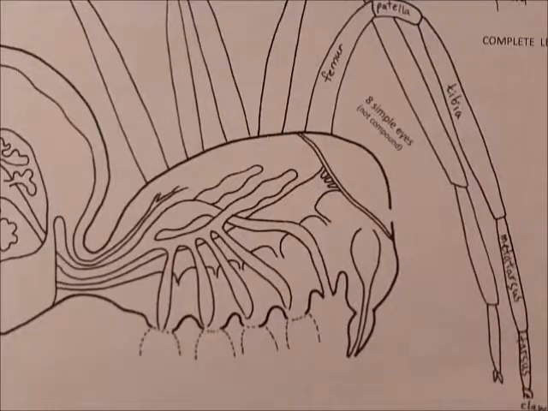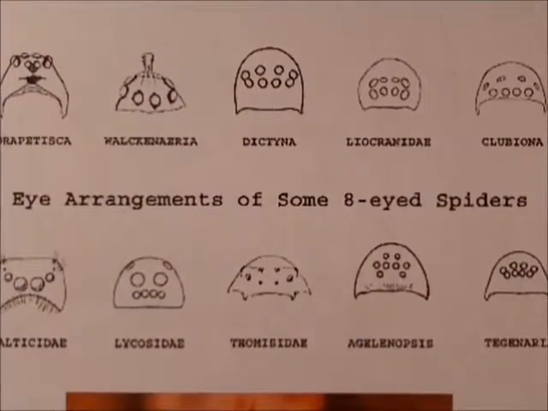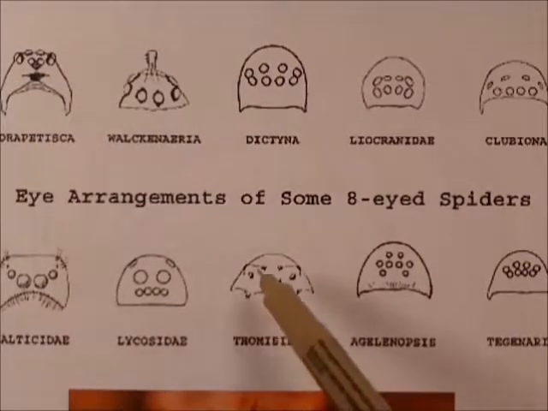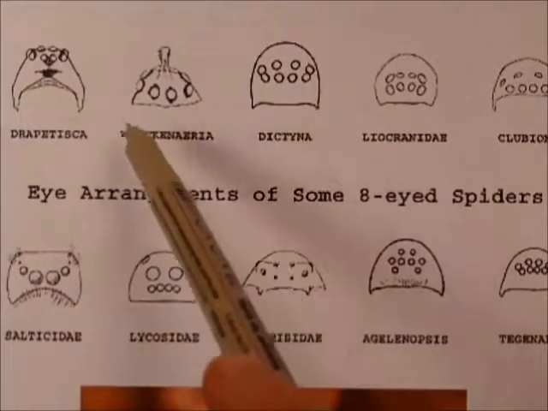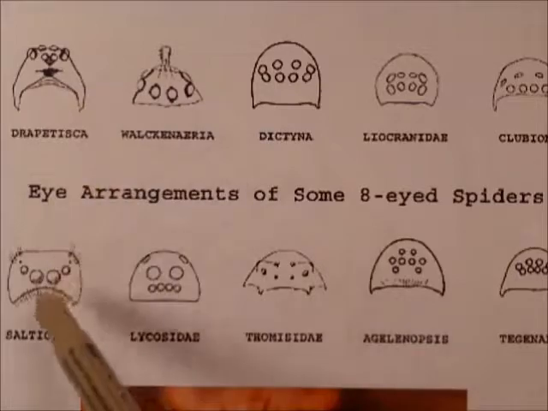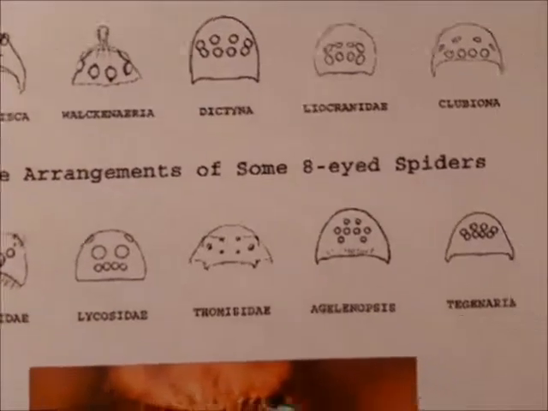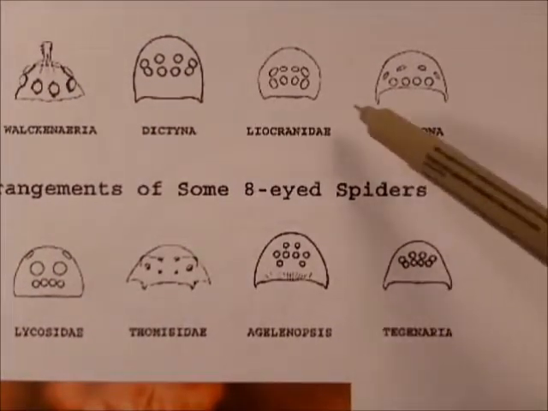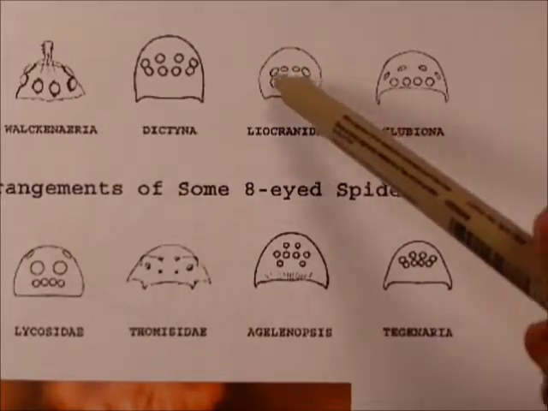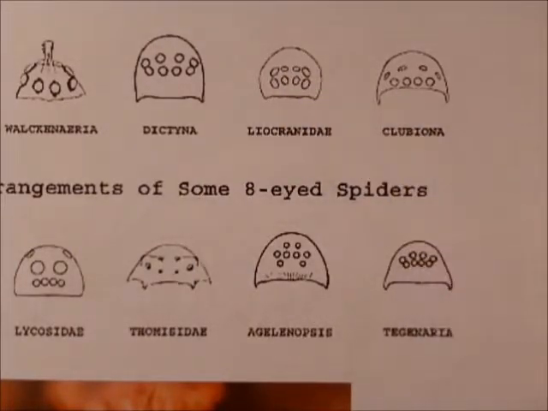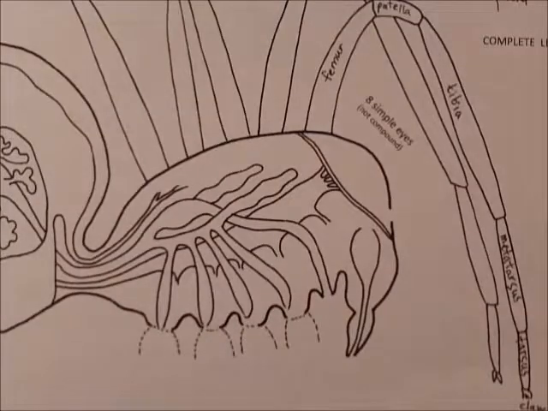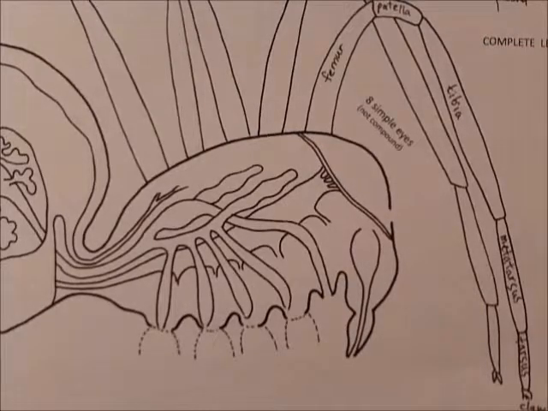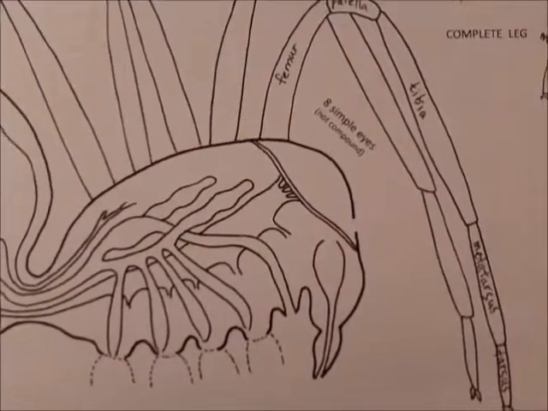And there are different arrangements. So they can be spread out or clumped together. Different species of spiders might have their eyes arranged differently. We're going to go with something like this, or maybe this. You can make yours different if you want to, but what I'm going to do is draw,